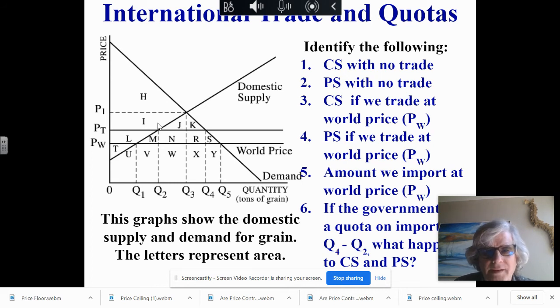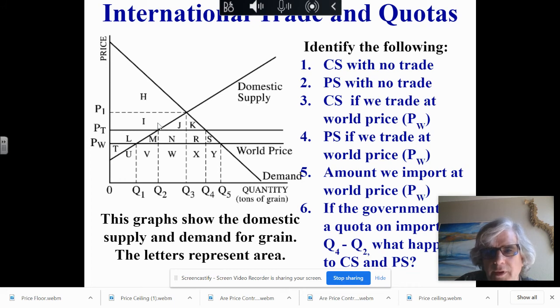So if you go one at a time, it makes more sense. I know lots of you will have questions on this. We'll do it one at a time, and I might have you draw it separately without all of the items on there. But this basically shows that in the United States, when we have world trade in our situation,